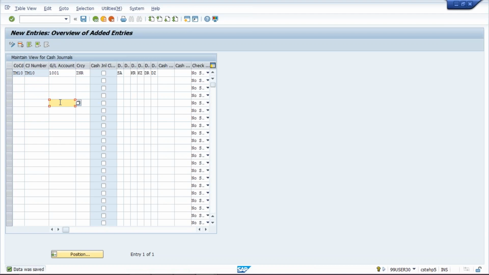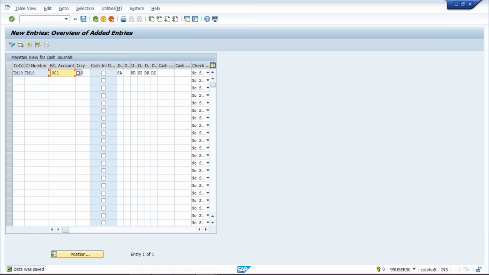So whenever Bangalore related cash transactions are taking place, while posting the transaction we have to change the cash journal number. Whenever Mumbai related transactions are taking place, we have to give the cash journal number of Mumbai during transaction posting. How to post the transaction after this configuration, I'll let you know. Since Tata Motors is not a project oriented company, it's a manufacturing organization, we have kept only one cash journal and we have created only one GL account for that.